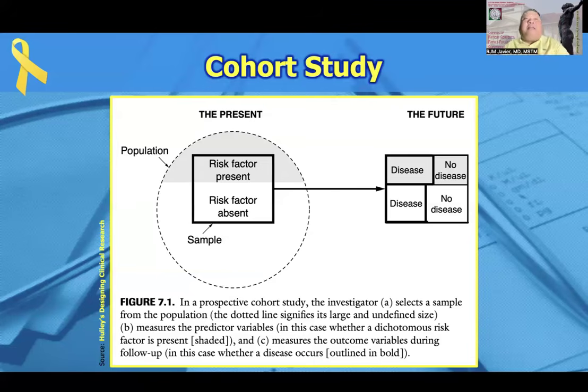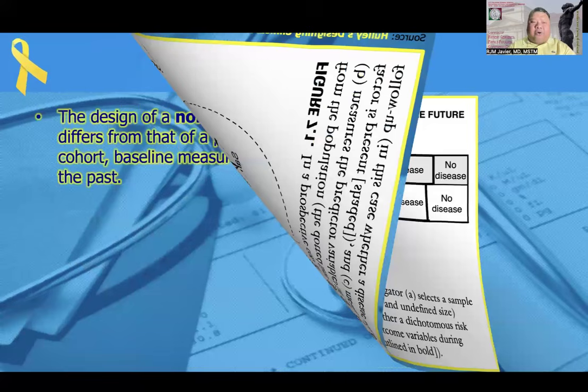And then you follow them up in time, let's say from 2026 all the way to 2040. Titignan mo who among the medical students will develop, among the vape users, the UERM medical students, who will develop bronchogenic carcinoma in 2040, who will not develop bronchogenic carcinoma in 2040. Or among the vape users, sino ang may cancer at walang cancer? Among the non-vape users, sino ang may cancer, walang cancer by the year 2040? That's what we mean by a cohort study that is prospective and concurrent in nature.